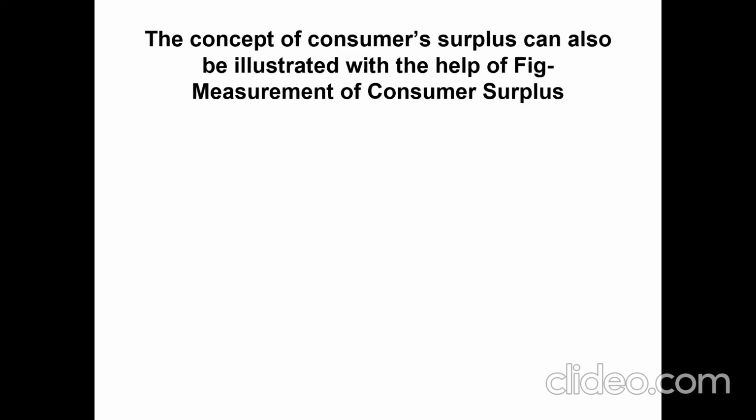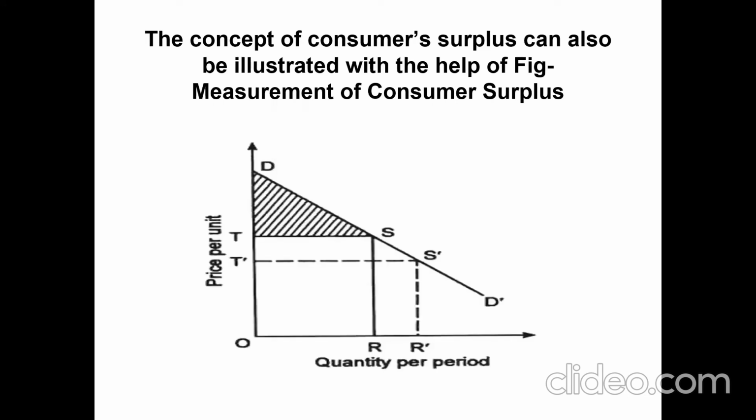Now it can also be illustrated in the form of a figure. This is a figure given to you. Let's understand this figure, what it says. So in the figure, the quantity of a particular commodity is measured on the horizontal axis and its marginal utility or price on the vertical axis. DD is the demand price for it, right? So if a consumer buys all units OR at RS price per unit, you see OR, RS, okay. So he gets a total satisfaction equal to DORS. Can you see DORS? Okay.